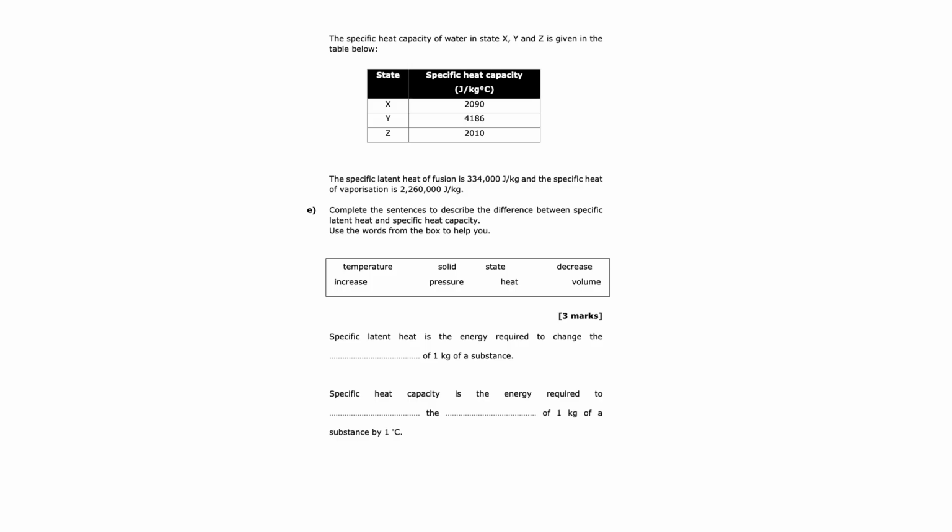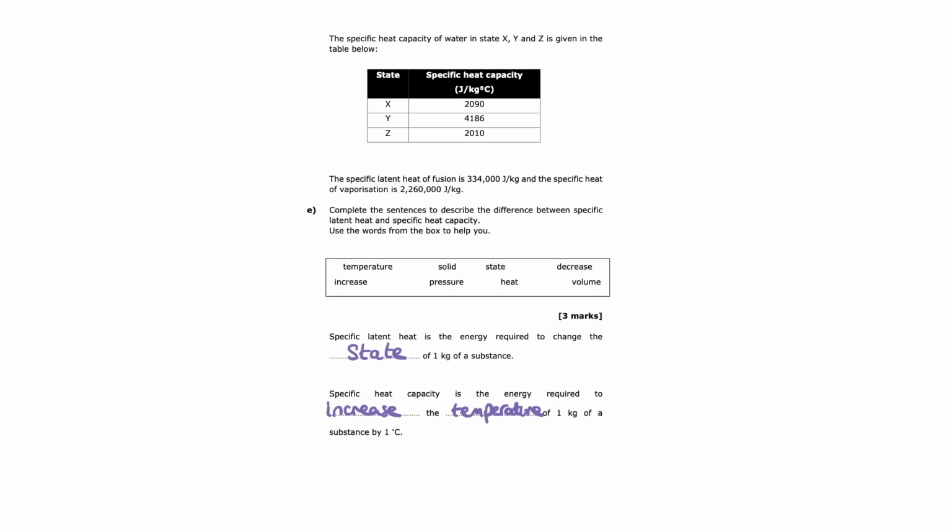So latent heat is all about changing state. So that could be going from solid to liquid or liquid to gas. But latent heat is always about changing the state. So that is our answer here. Then we're told that specific heat capacity is the energy required to the something of 1 kilogram of a substance by 1 degree C. And so this is going to be increase the temperature of 1 kilogram of a substance